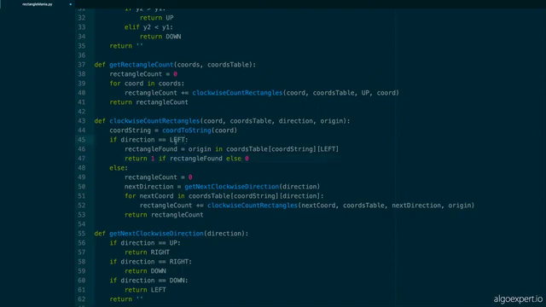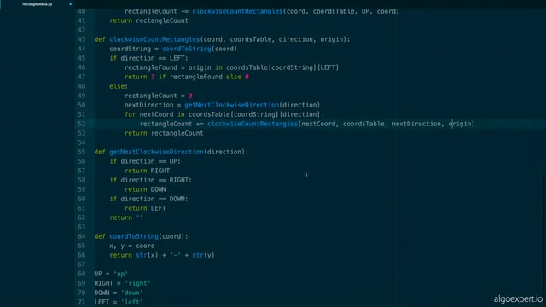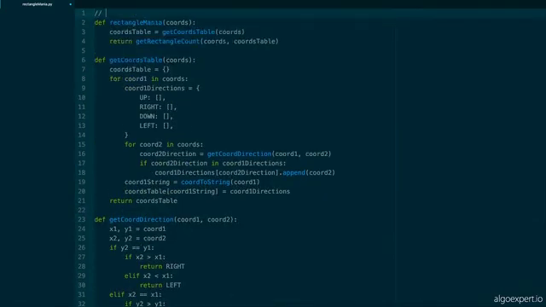And if we're not going to the left, if we're going up or down or to the right, then calculate the next direction that we need to go in, go through every coordinate that's in our current direction, meaning maybe currently above or currently to the right, and for all of those, clockwise count the rectangles with the next direction, right? And here we know how to get the next clockwise direction by just doing a few checks. And this method is pretty easy here, and then we've hard-coded some values here. And so this method, like we said, is going to run in O of n squared time